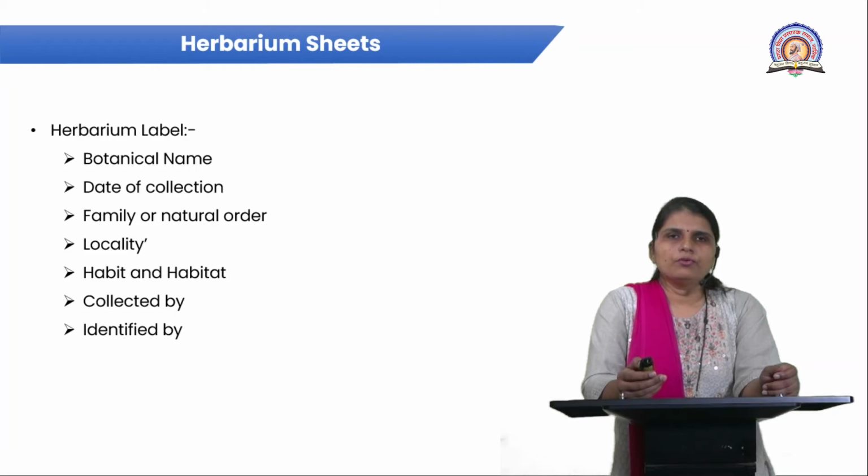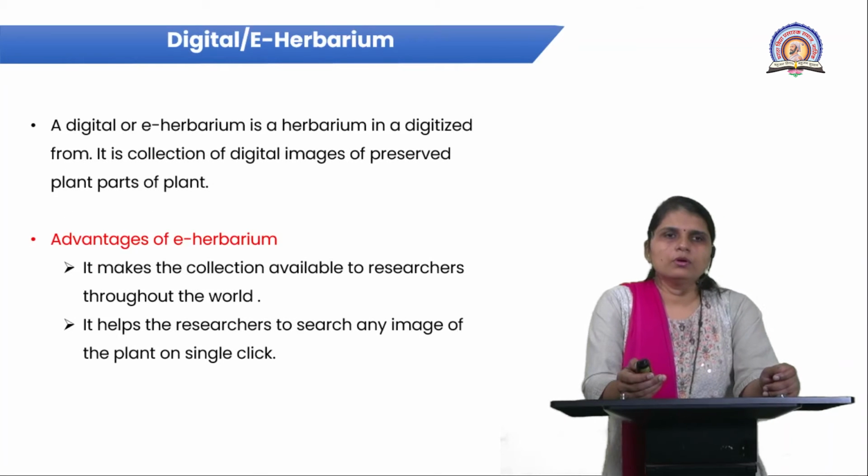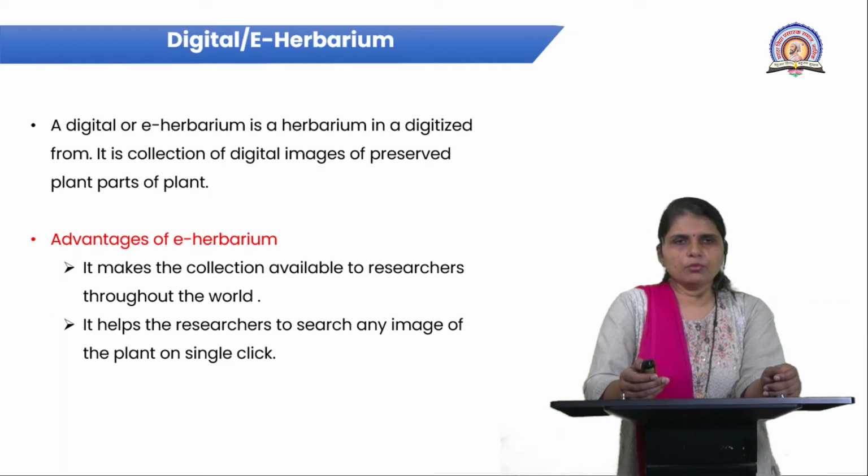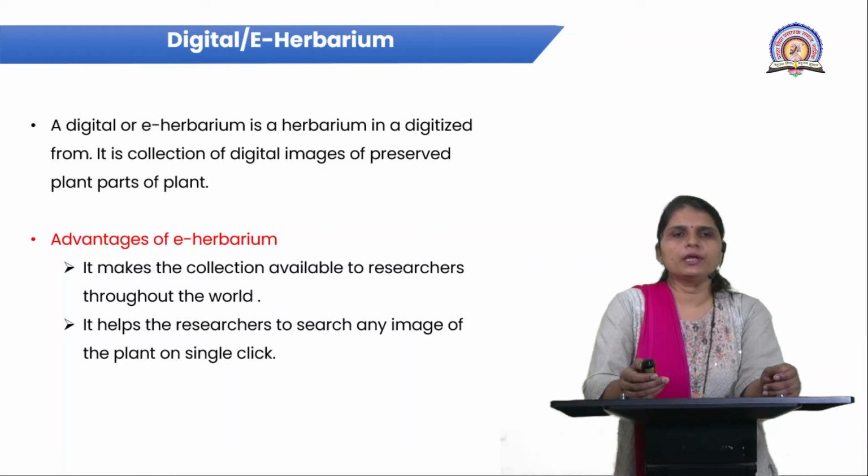This is the preparation of herbarium and herbarium sheet, or labeling of herbarium, and also labeling the parts of the plant on the herbarium sheet. Okay. Now you know the digital herbarium or e-herbarium. A digital or e-herbarium is a herbarium in digitalized form, and it is a collection of digital images of preserved plant parts. It is very useful